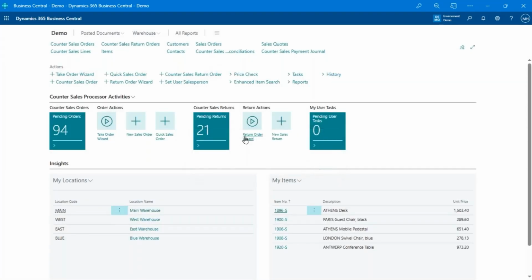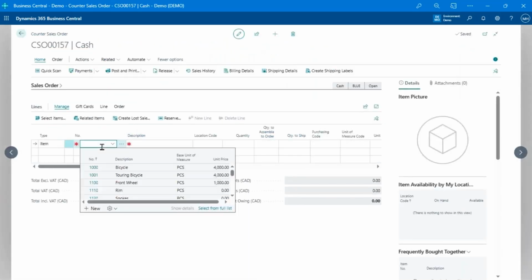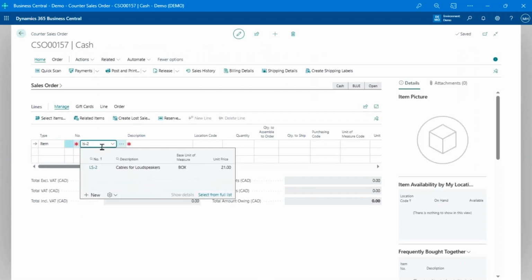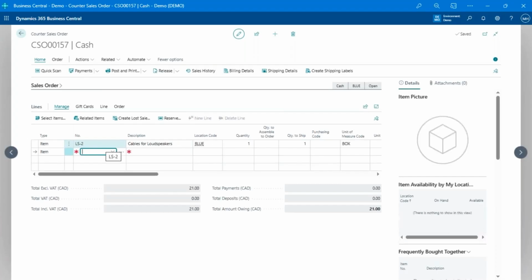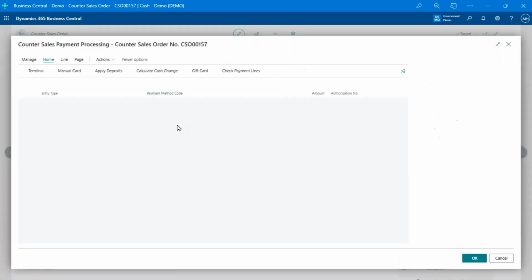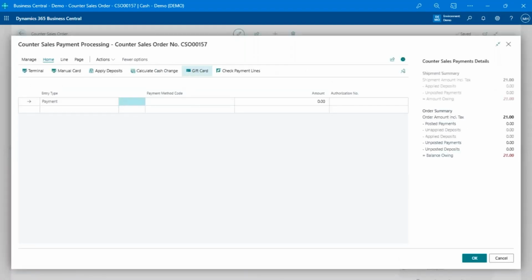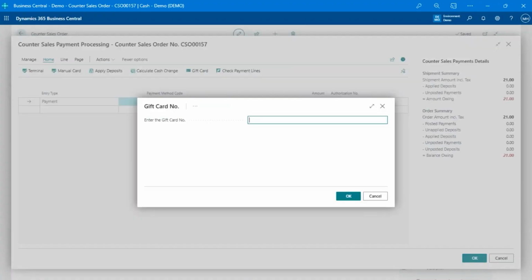Okay, so now if they want to come in and buy something with that gift card, right? Somebody shows up with the gift card. Same thing. We'll create the sales order. It doesn't really matter what item we sell. But we come in, we're going to sell one of these, and then when we go and pay, we're going to choose a gift card. And guess what you do? You either swipe or scan the gift card number, enter the PIN on the back of the card,